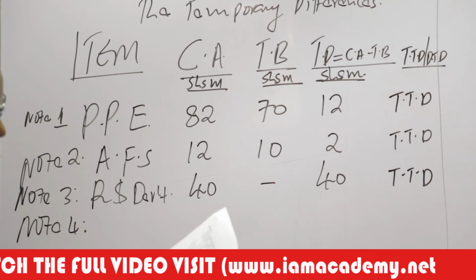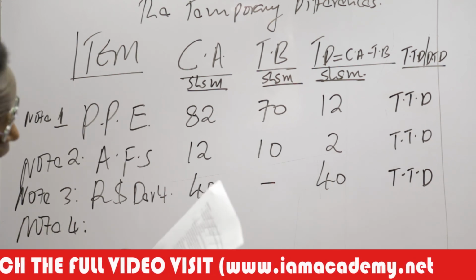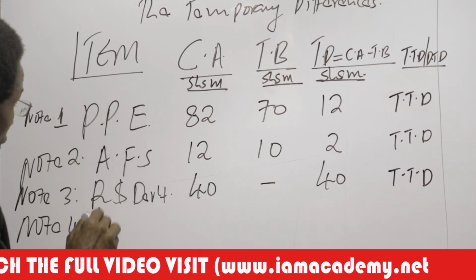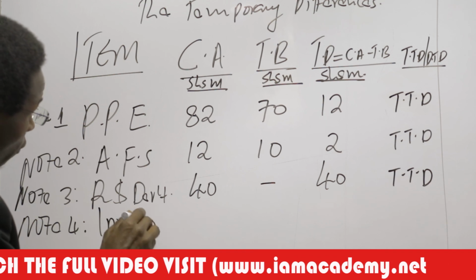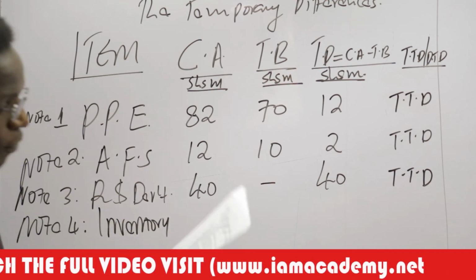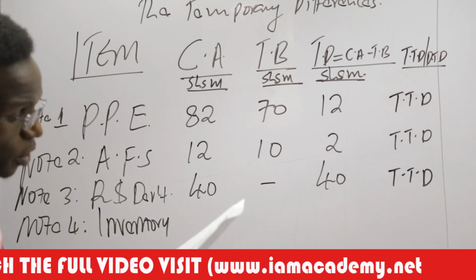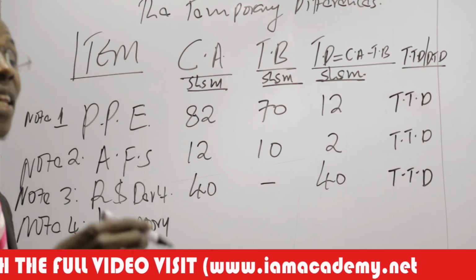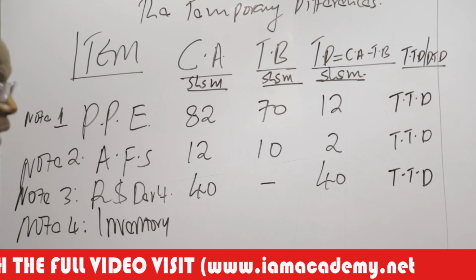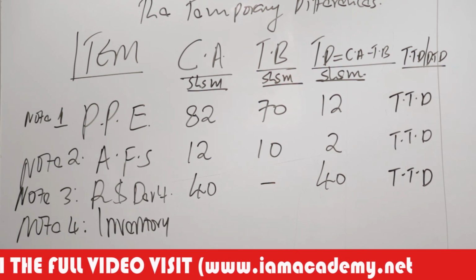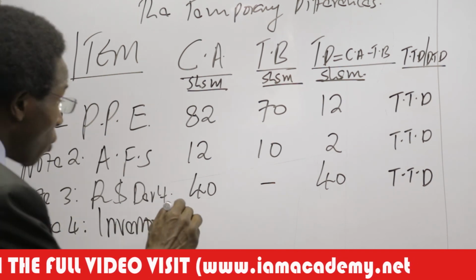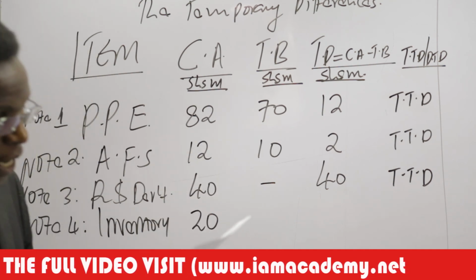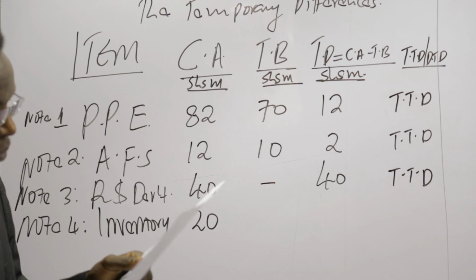In note number 4, total inventory was carried at 20 million. So in simple terms, we are talking about inventory. Inventory was carried at 20 million, which was the net realizable value. Normally, we recognize the net realizable value in the statement of financial position. Simple. That is our carrying amount. So the carrying amount is simply 20 million. We have been told there. Then we have been told that,